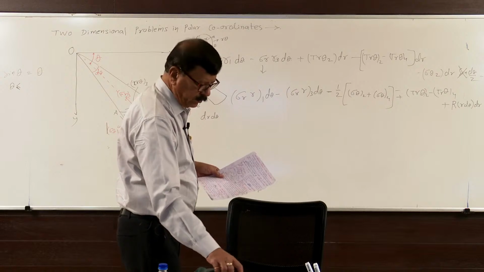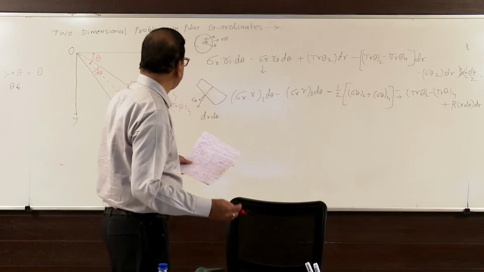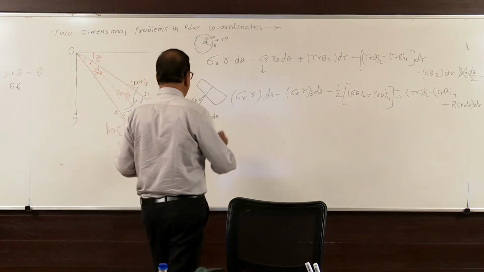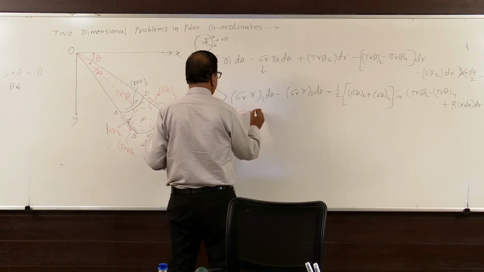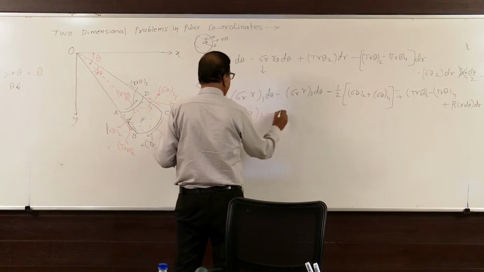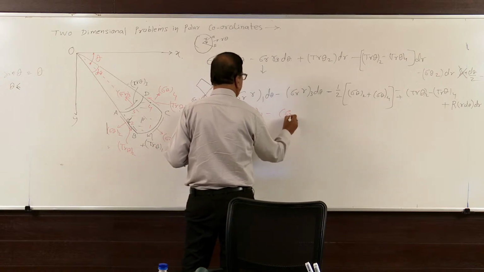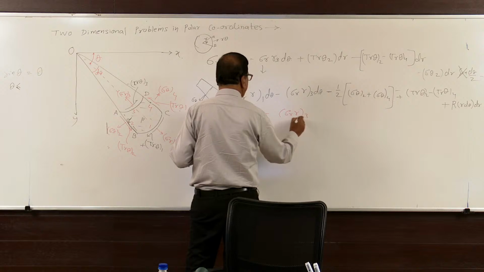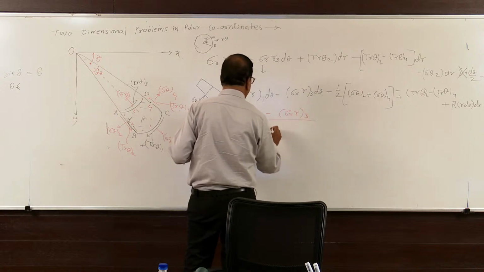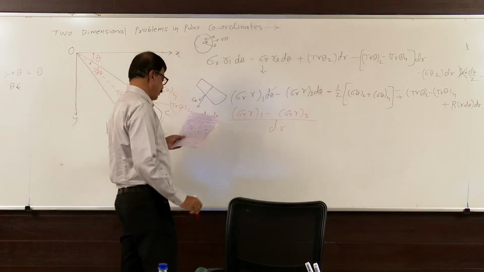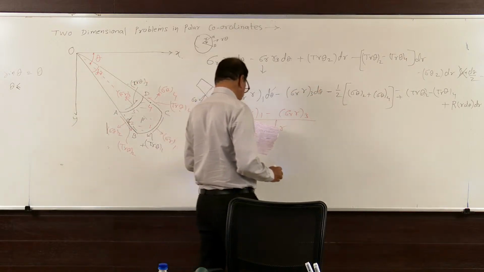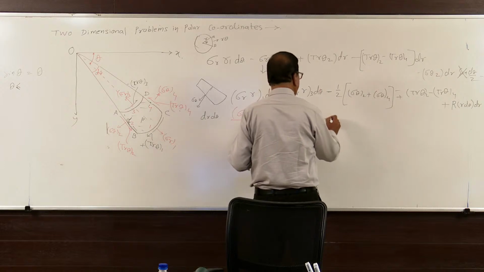So here you will get dr r 1 minus dr r 3 divided by dr, because d theta will get cancelled. Here you will get